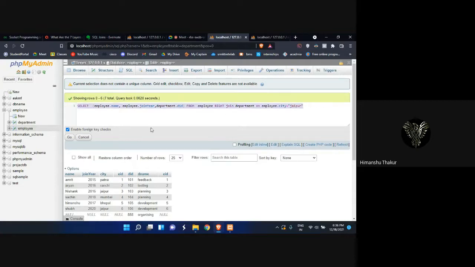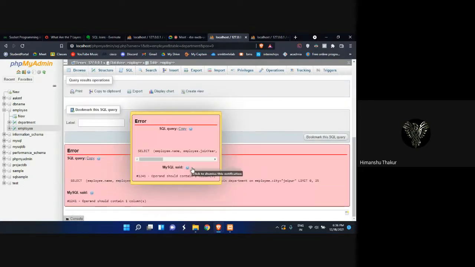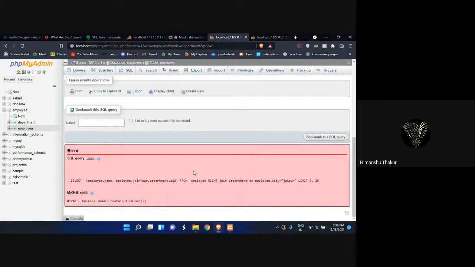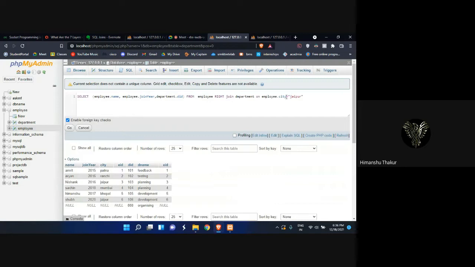So if I just... I think the on condition should be common for both the tables, right? Yeah, what do you mean? Whenever you specify on, the column you're specifying should be common for both the tables. Yeah, you're right. There should be a common column.